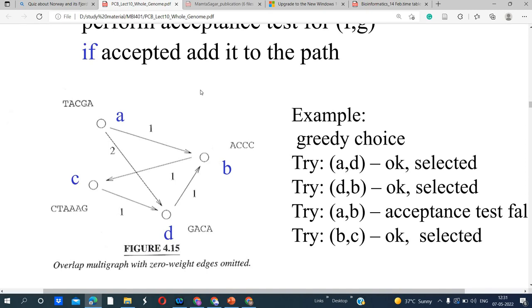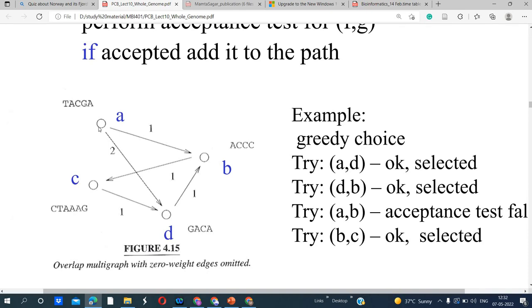More weight is important for us here, because we are aligning the different fragments together. We are trying to construct a complete sequence, so we are giving the weight positively. Here it is up to you what you want to find out. We want to find out the optimal solution.